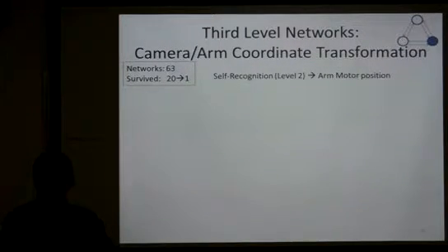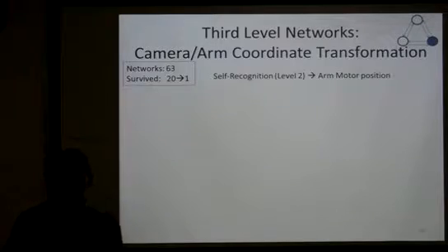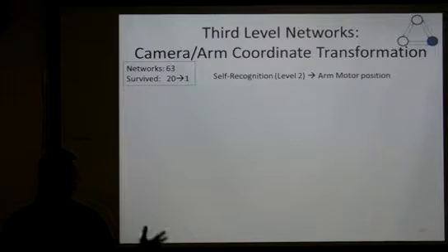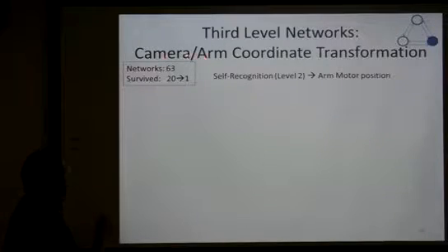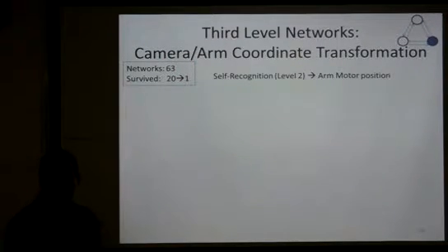So you have in the visual field, you know where your arm is. You have 1 when the arm is and 0 when the arm is not. And you also know what is the position of the arm in angle, proprioception position. So you can learn coordinate transformation between the position in the camera and the position of the arm. So now if you have something in the visual field, you can relate it to the position of the arm. This is coordinate transformation. Okay? And again, it learned it by itself. Again, I constructed 63, 20 survived. Functionally, they're all the same.